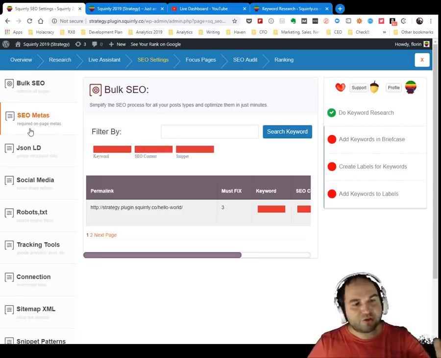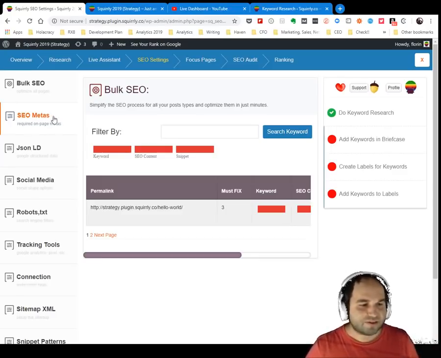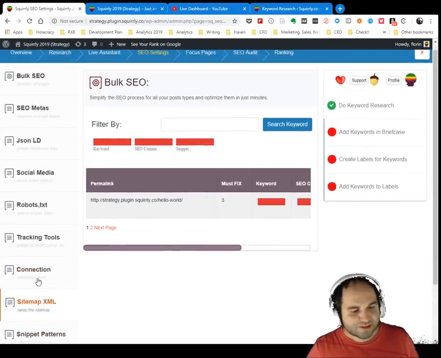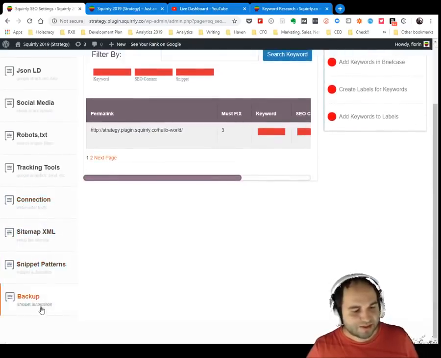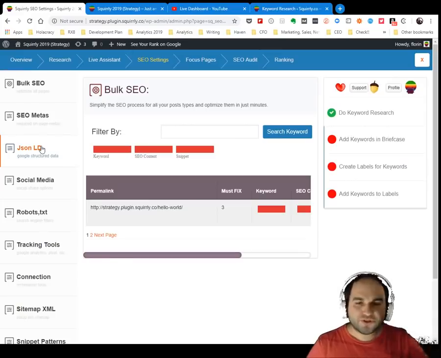And then, of course, we've organized the SEO settings from Squirrly a lot better. So this section is for activating the metas. This one is for activating the JSON LD. This is for social media. This is for robots, tracking tools, connections, XML sitemap, the snippet patterns for automation, and the backup. And we're going to have a couple more features and tools placed here very soon. Each of them is going to walk you through a different process of setting